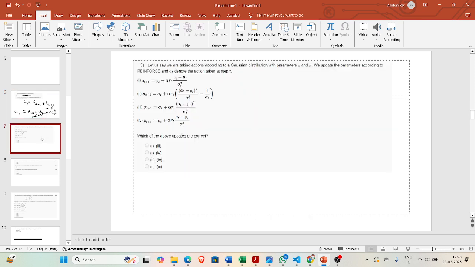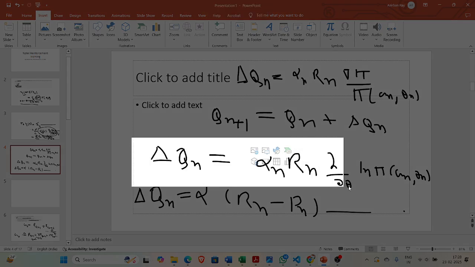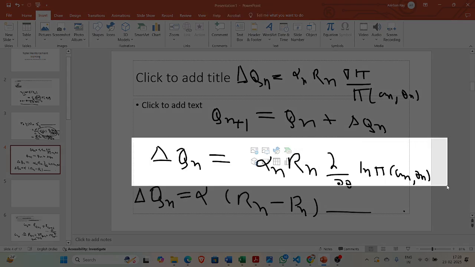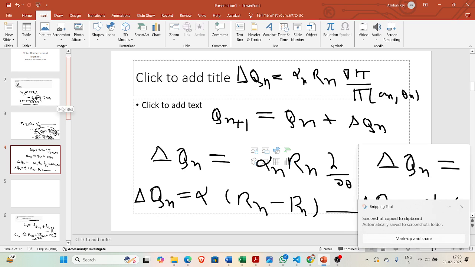So this is the REINFORCE algorithm only. We have to use what we have written here. This is the one we're using. This pn is not required this time. And because it's an exponential function, like the normal distribution, which is an exponential function, we're going to use this formulation for del n. So let's take this forward.